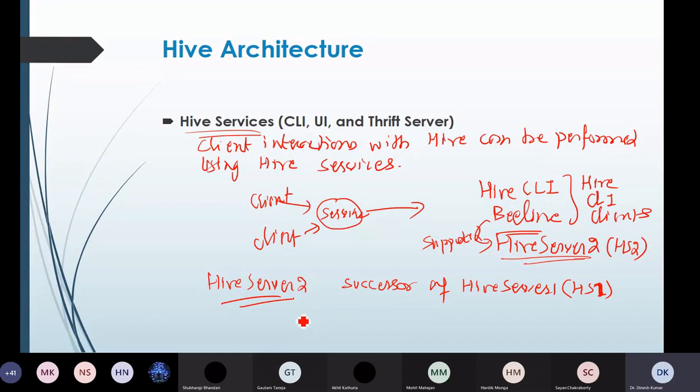The feature of HiveServer2 is that it supports multi-client concurrency and authentication, where multiple clients, if they have the right to work with Hive, can be supported by using HiveServer2. So this is one of the services which Hive provides to multiple clients, while also authenticating those clients. This is another subcomponent of Hive services.